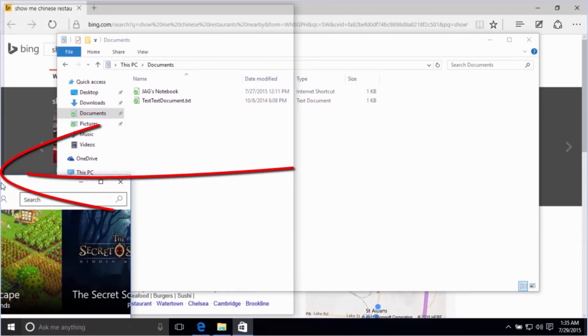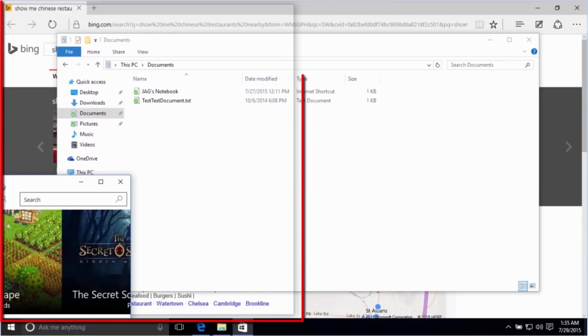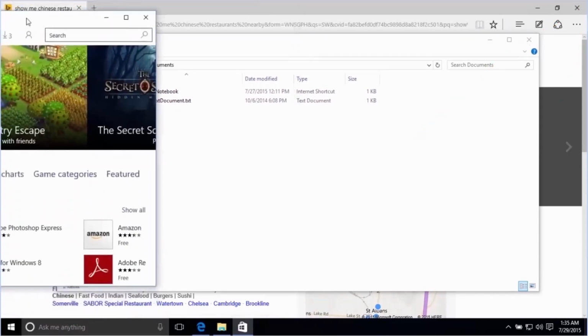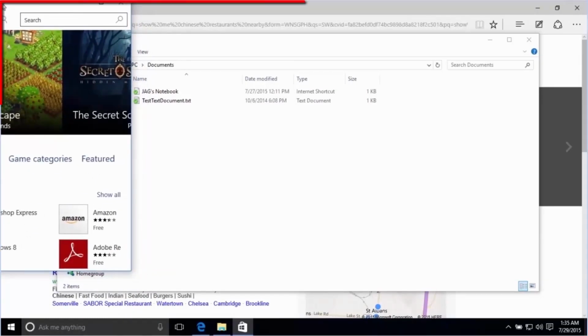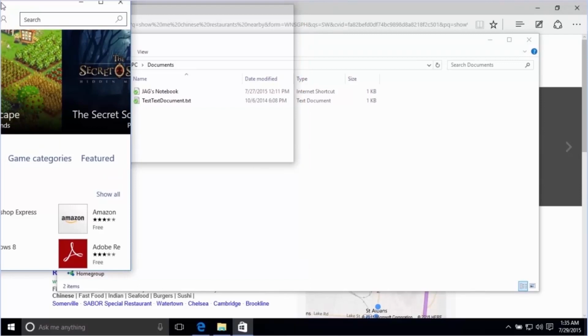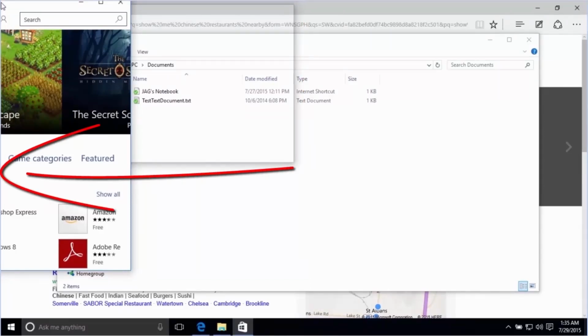Touching the middle like we have here will result in the window snapping to the left half of the screen. We can also touch the window to the corners instead to snap the window to one quarter of the screen. Let's move it back to the middle to snap it to the left side of the screen.